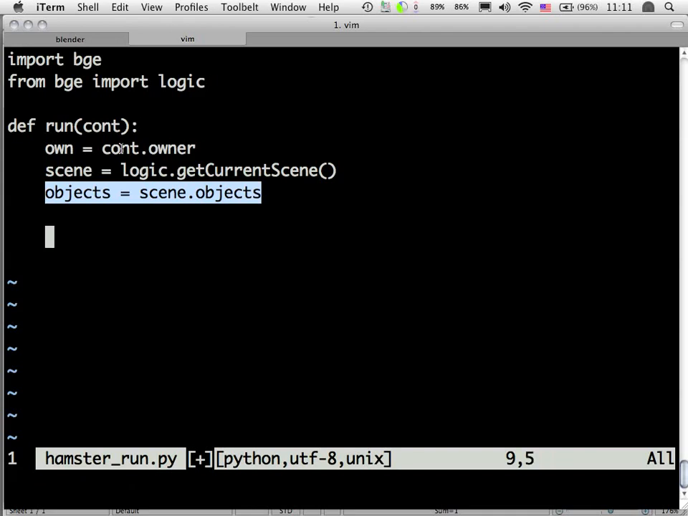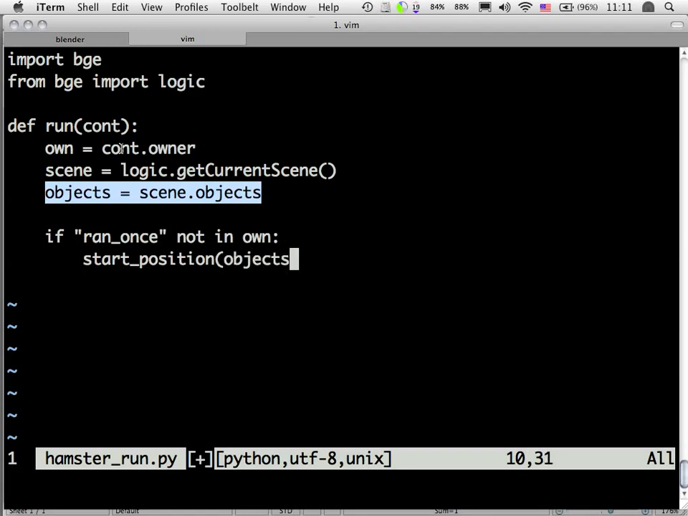Let's go, and I say if ran once, sorry, not in, if ran once not in own, then I'm going to run a function which I haven't written yet, but we'll call it start position, and we're going to pass it our collection of objects. Okay,